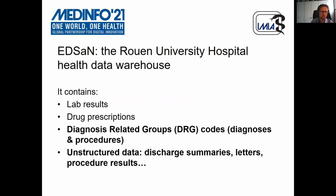Today, the EDSEN contains lab results, drug prescriptions, diagnosis-related groups, the DRG codes. Those 3 data types are structured data, it's codes and well-structured information in databases. And the DRG codes are very important because in France, but also in many countries, this system is used to manually code the diseases and the procedures of the patients who come to the hospital. So it's very important